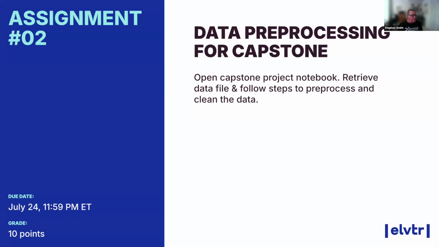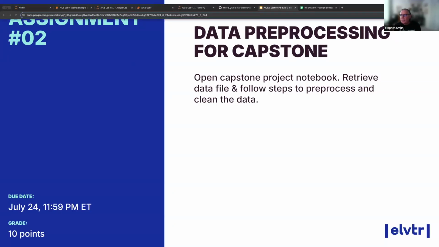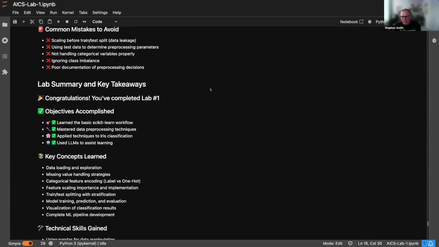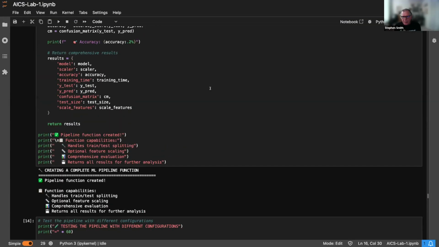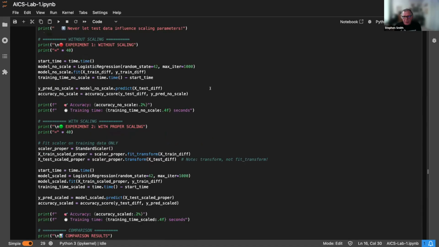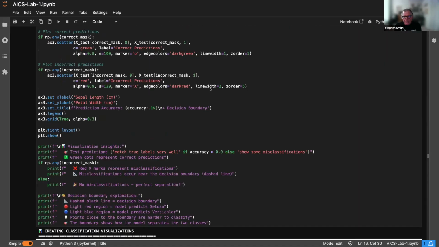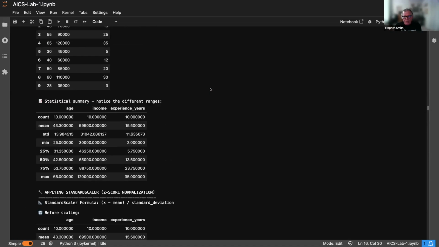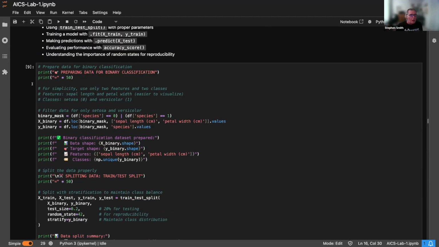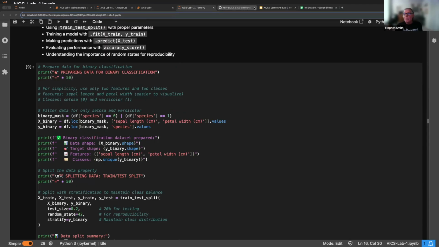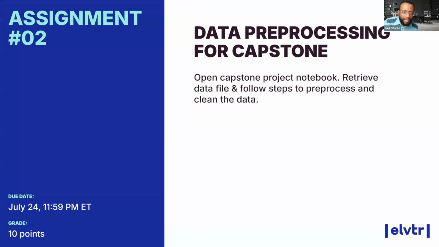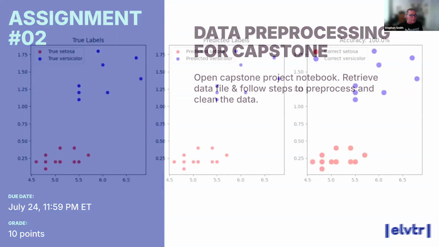I might have just skipped over it, but generally that's accuracy, and then the confusion matrix. Did I not have a confusion matrix in this? I didn't. I'm sorry. I thought I did. I thought there was a graphic of the confusion matrix, but no, I don't have it. So I'll add that in. But basically, hang on a second. Great question, by the way. Yep, you just had a table of it. Yeah, I think I had a table for confusion matrix, but